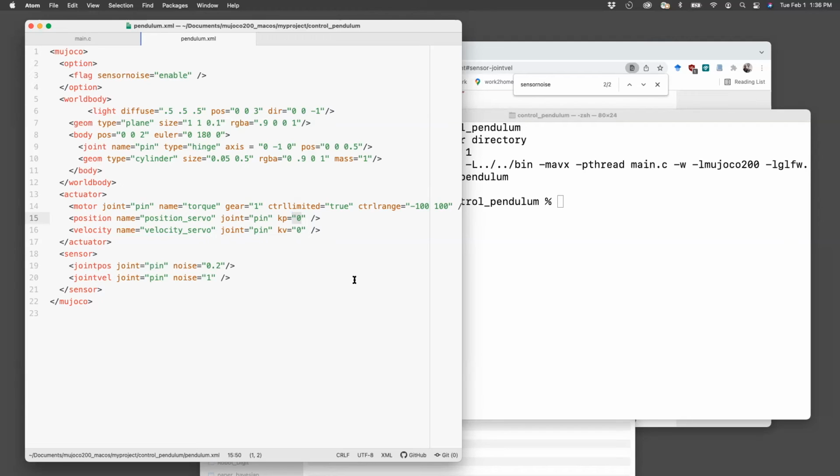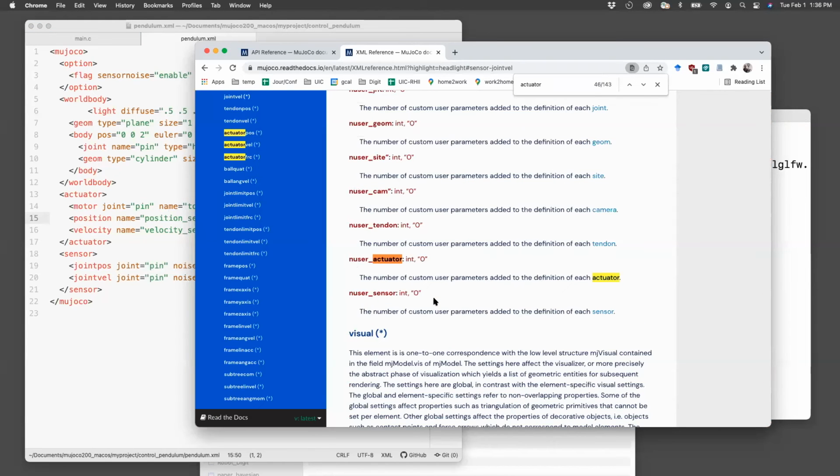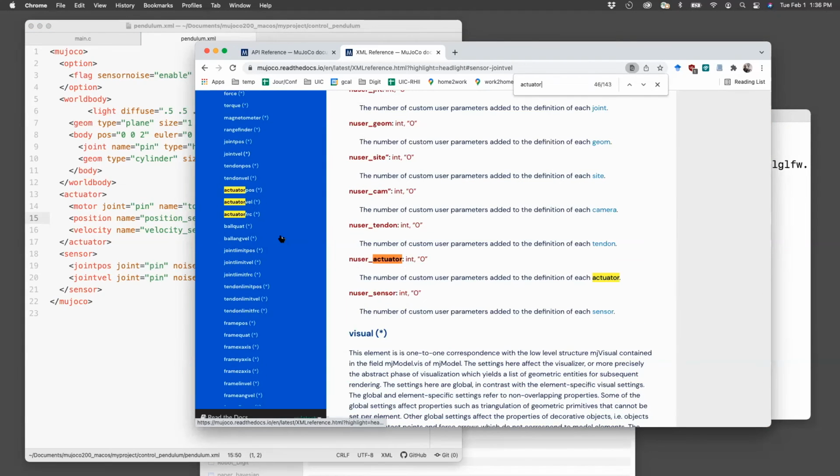So the last thing I want to show is that you can automatically set the position control and velocity control. You can also disable the position control, velocity control, torque control, and so on. For that, we need to look at a little bit of the documentation. So if you look at actuator, let's look at the position